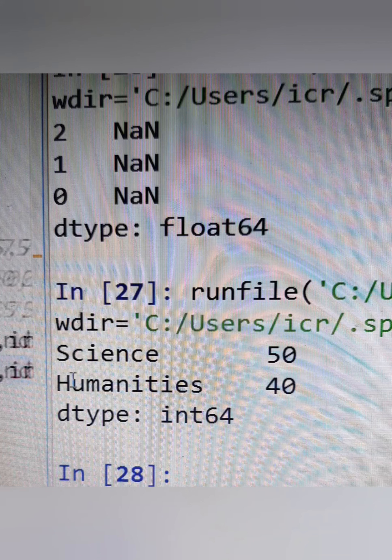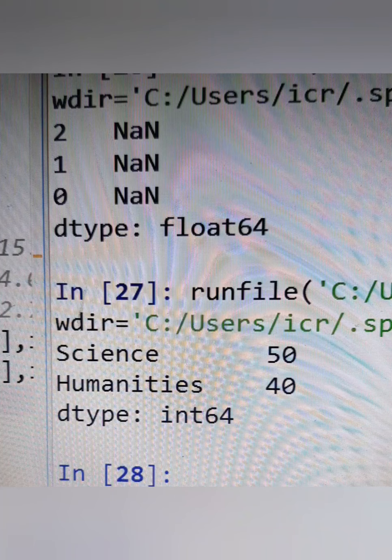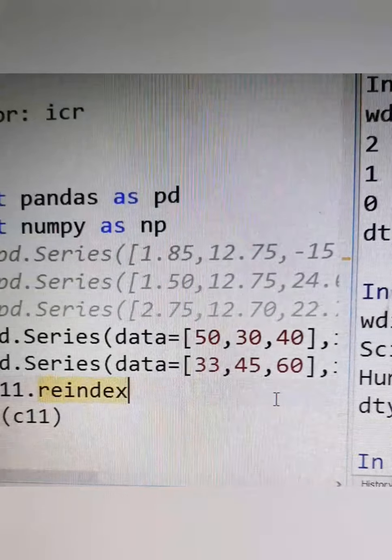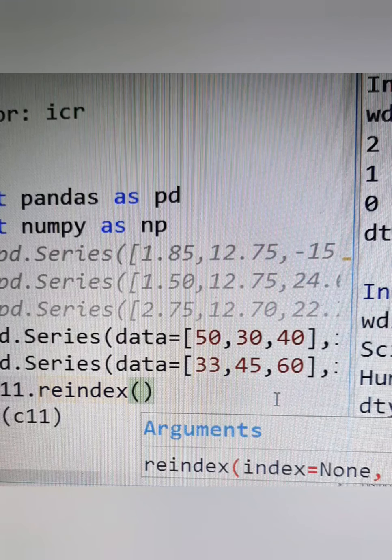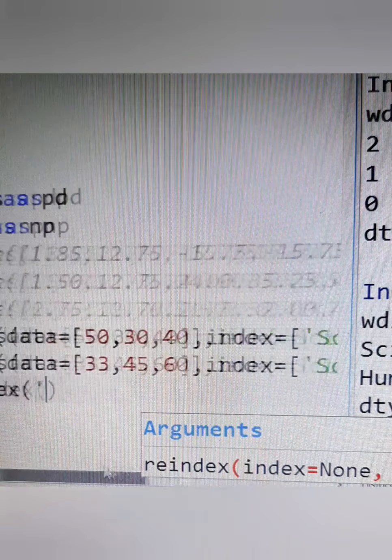In reindex, if I try to just change the order of science, commerce and humanities, it can be done with reindex. First of all, in that I think I have given science, then commerce and humanities.